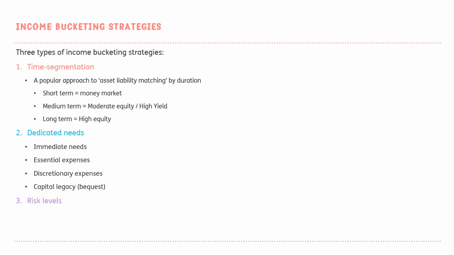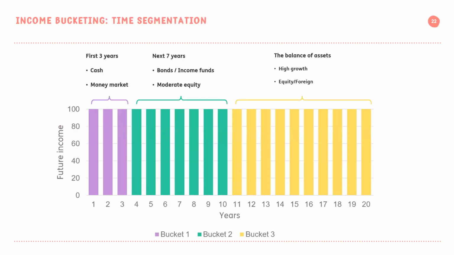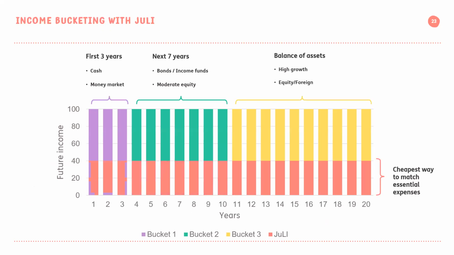the guaranteed lifetime income portfolio can even fit, if I just go to this slide, in a living annuity solution which many advisors have set up using the bucketing system. So many advisors use a bucket system where they put the first 2 or 3 years' worth of income into a money market or cash bucket, the next 7 years of income into bond income funds and moderate equity, and the balance into a high growth or foreign offshore portfolio. And now you want to allocate money towards the guaranteed life annuity in the living annuity.